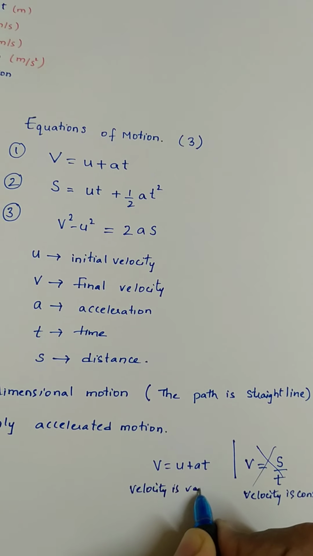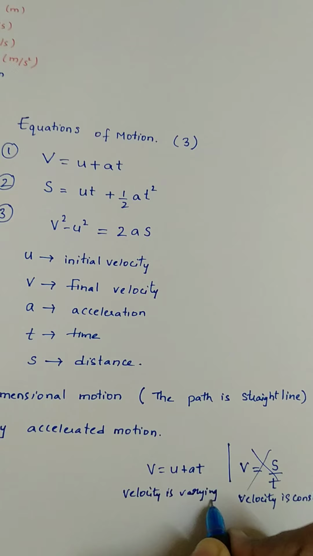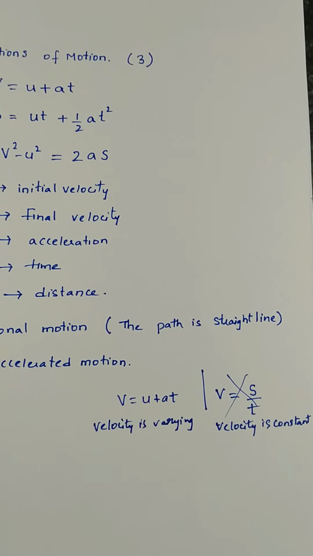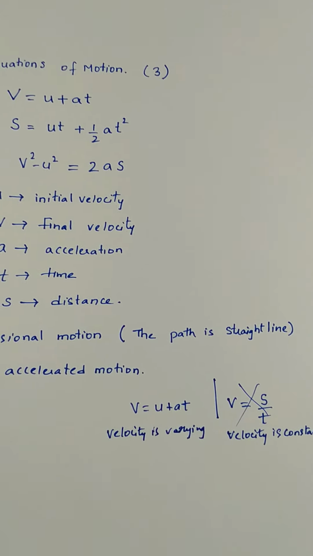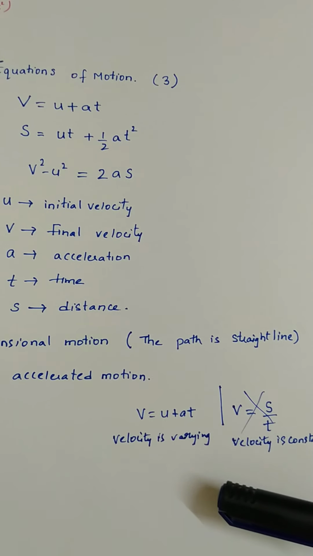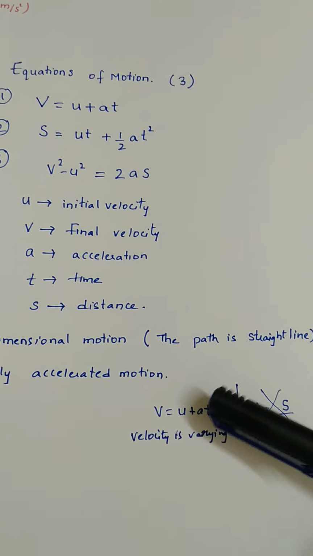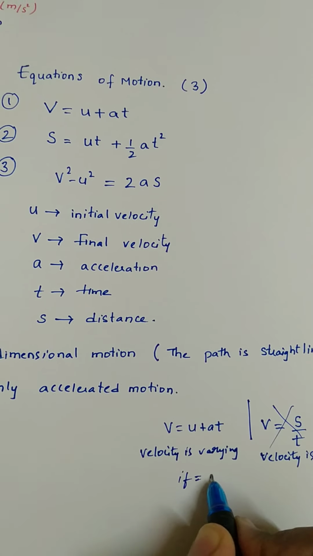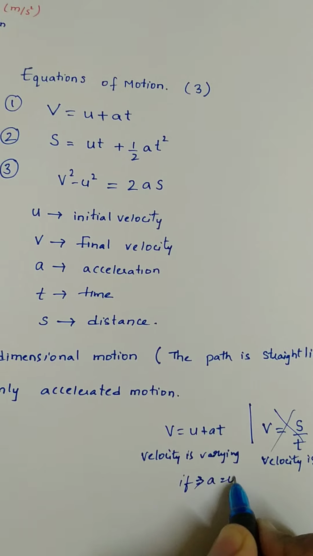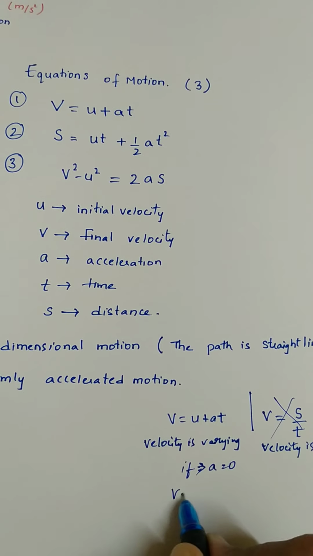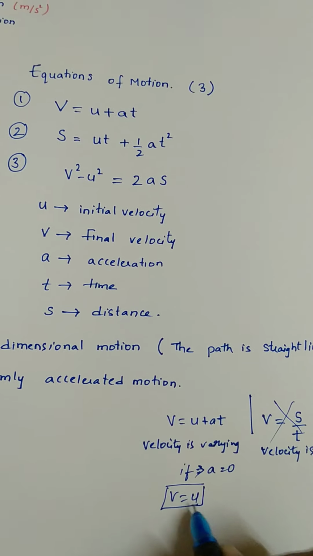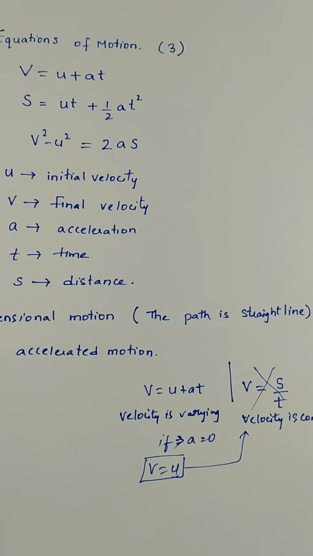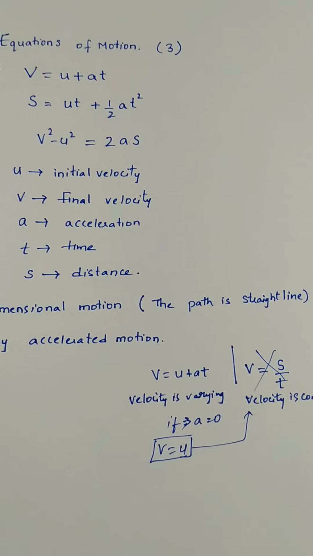When the velocity is varying, like you have got initial velocity and final velocity, that means the velocity is changing and there is acceleration. So only when there is acceleration can you use this. Let us say the same equation v is equal to u plus at, if acceleration is 0, what happens? v equal to u, that means the velocity is constant. Then only you can apply the distance by time formula, otherwise you cannot apply it. I hope we are clear.